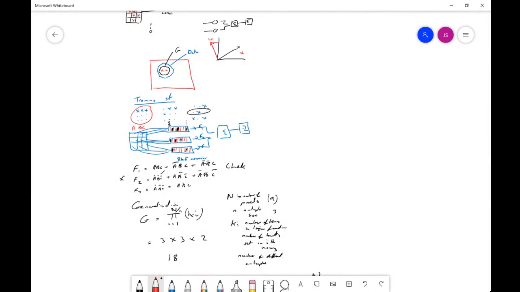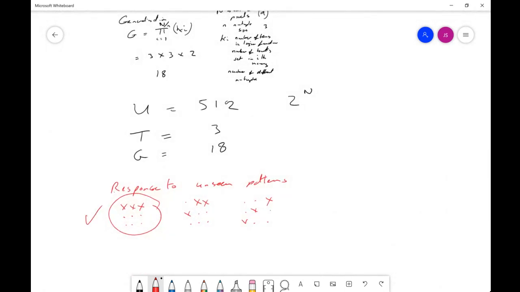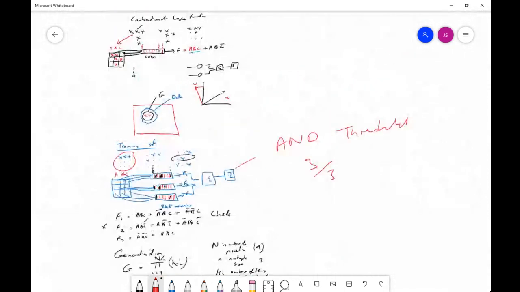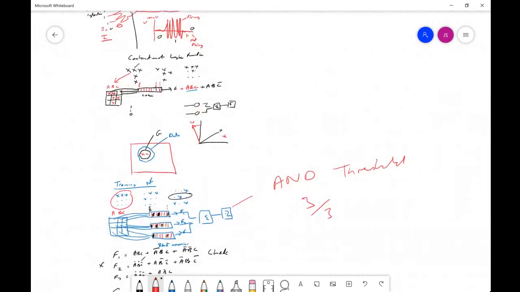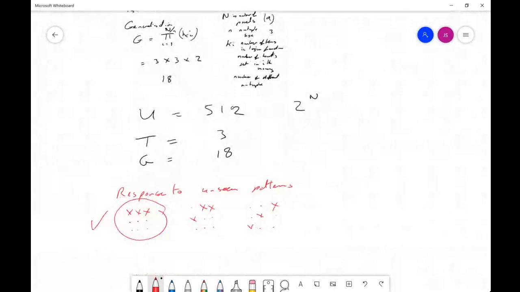They're summed together. That gives us 3. If the threshold is 3, and this is known as AND threshold, because every input has to be a 1 for the output to be 1, which is 3 out of 3. That pattern will be classified as being a member of the same pattern as the training set. Okay, it has the common top line, it has nothing at the bottom. There are some justifiable similarities, but remember this is very low resolution.